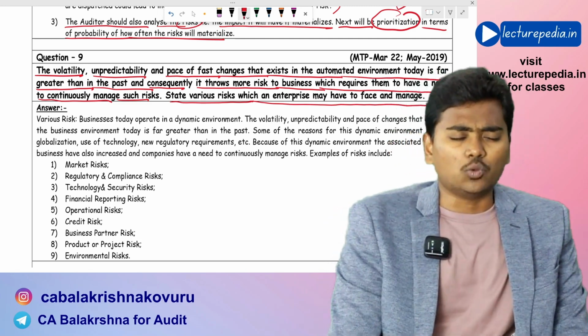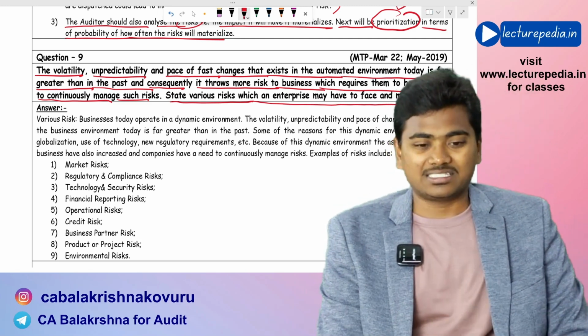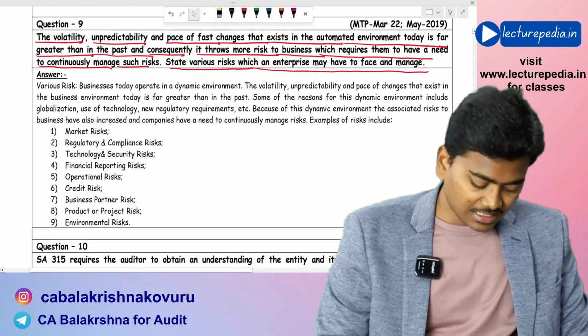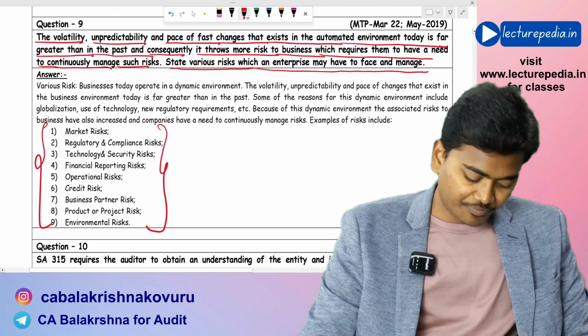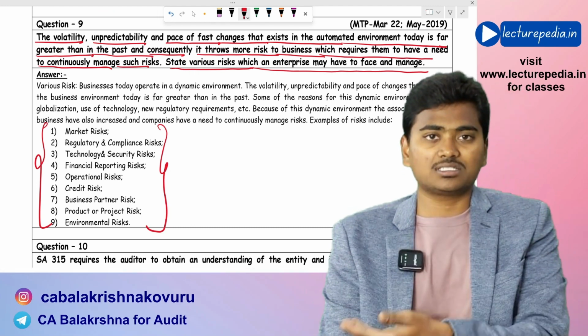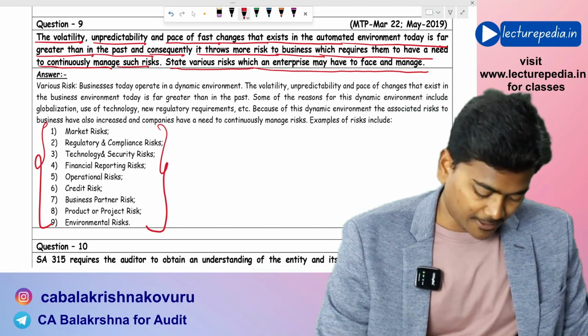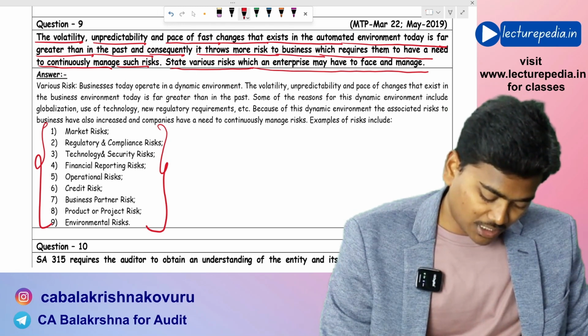He is asking you various types of risks. Here is the list of various types of risks. To remember this list of risks, I'll give you a mnemonic. The mnemonic is